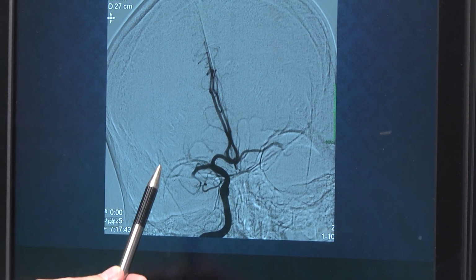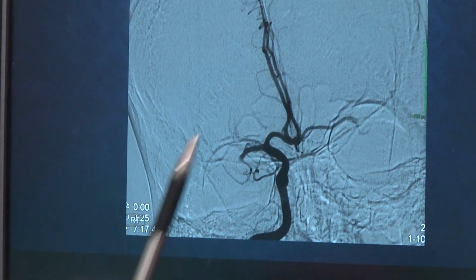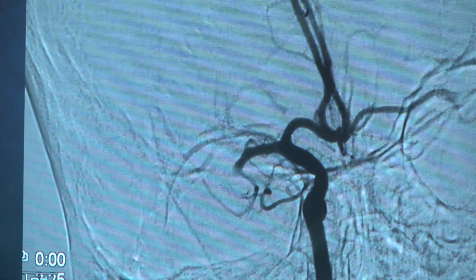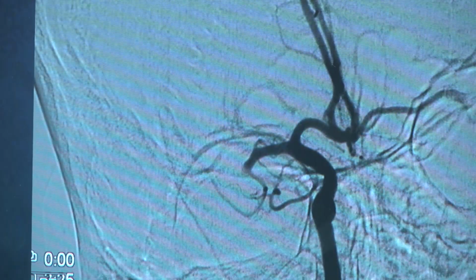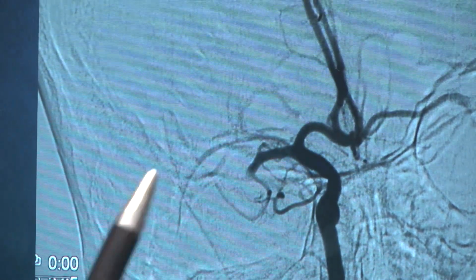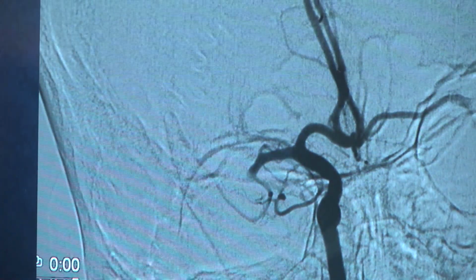It doesn't, because there is a blockage right there. The right middle cerebral artery is blocked by a blood clot. We call it embolus, that traveled up there with the bloodstream, probably from the heart. And now it wedged into this artery, and the artery is unable to fulfill its task to supply the right